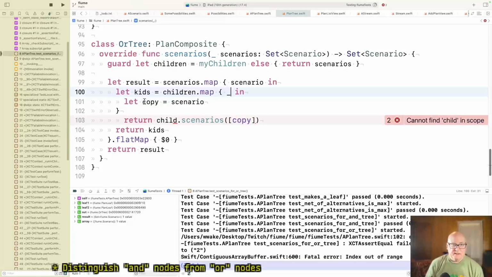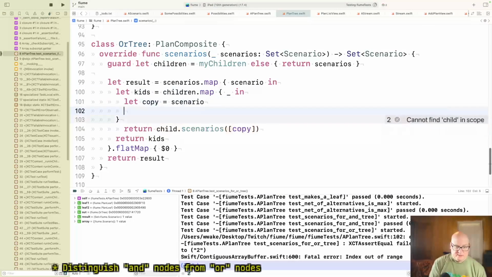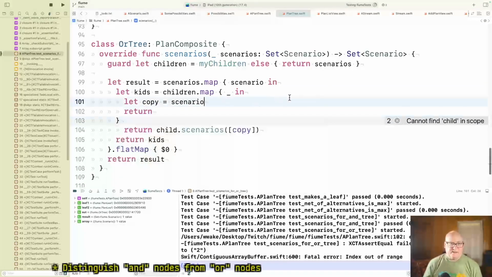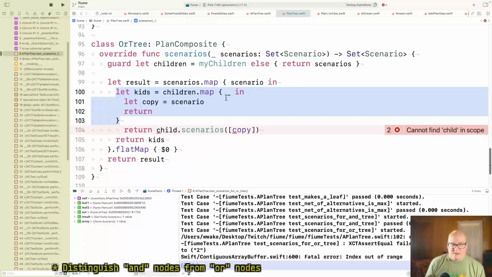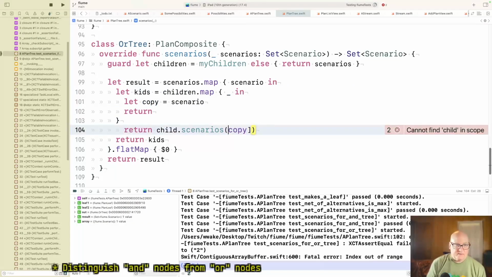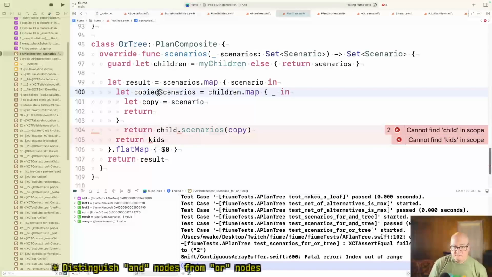I just want to make a scenario and return it. Okay, so I think I started down this path before once. All right, I'm going to take your scenario. I'm going to make a new scenario for each child, and then I'm going to run the recursive call on those scenarios. So this is copied scenarios, or maybe independent is maybe even a better word. Independent scenarios.